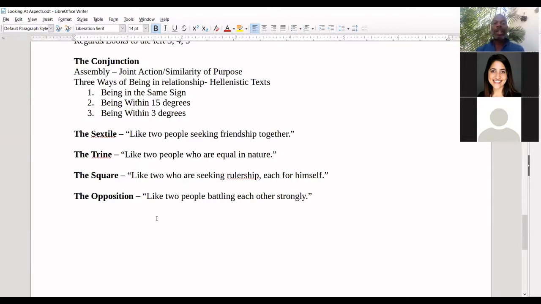And then the opposition, like two people battling each other strongly. Oppositions, especially in horary, are considered... you don't really want them. Now, like I've said, in the natal chart, anything can be made to work. I've got a Jupiter-Mercury opposition. Mercury's in Sagittarius, Jupiter's in Gemini in retrograde, and here I am teaching this class. So that has nothing to do with it being able, but Jupiter rules the first, Mercury rules the seventh. I've never been in a long-term relationship, right? So these things do come to bear.